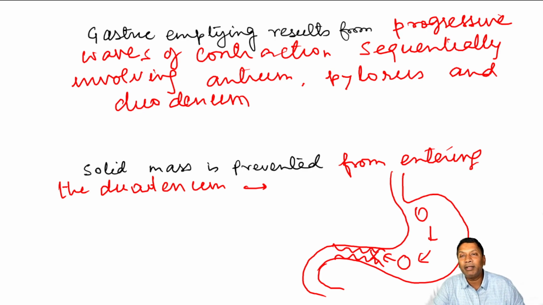So till this large food mass is converted into the liquid, it will not pass through the pylorus. To pass through the pylorus, it is required that the large food particle is converted into the chyme, then only it will pass into the duodenum. So this solid mass is prevented from entering the duodenum because of